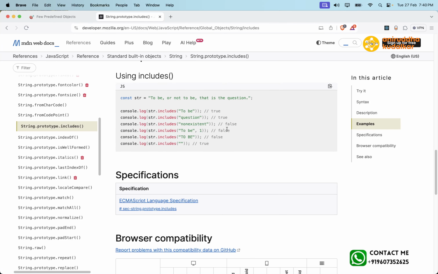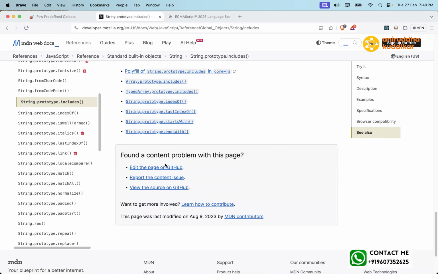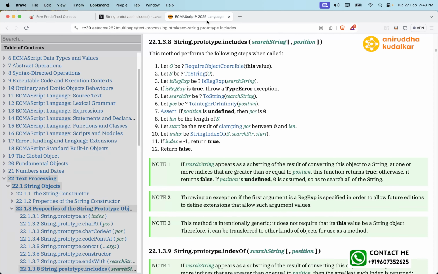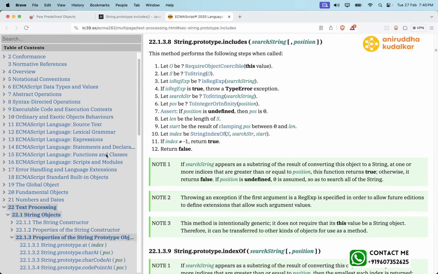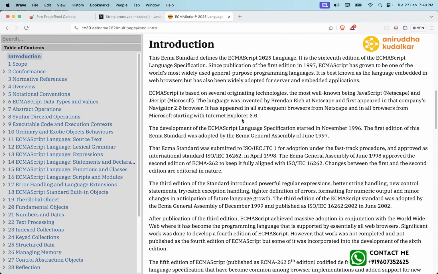Now, specifications. If you see this thing, ECMAScript language specification, just open this. I wanted to show you this part. Now, properties of the string. Now, if you see this documentation,